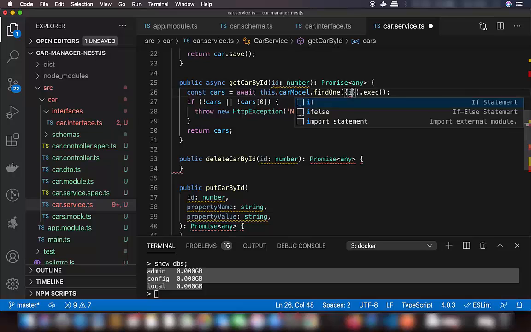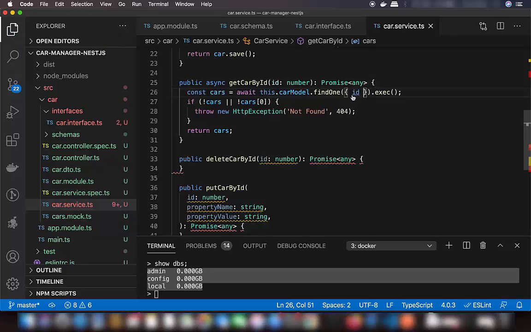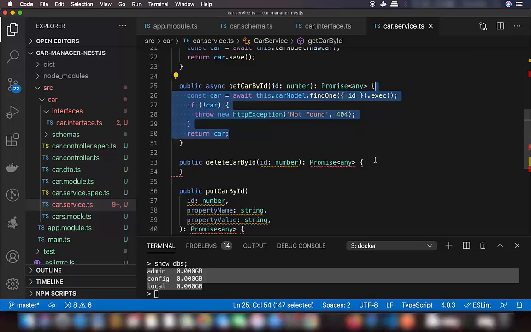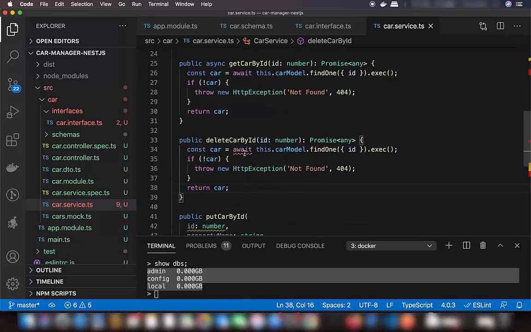So using this curly bracket I will just use ID here, and it's going to find the data based on this ID. Because we are just searching for only one data, it will not be an array, so we can use other logic for that: if there is no car found, then we can throw an error, otherwise we will return the result. You can use the same code for delete car by ID. We just need to add the async here, and instead of find one we use delete one,